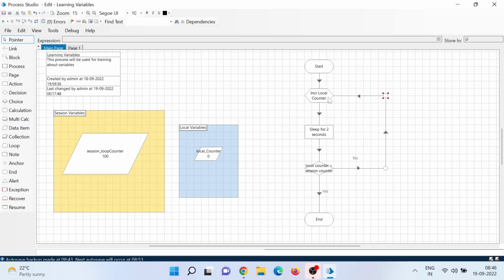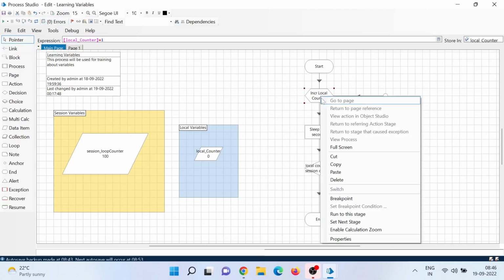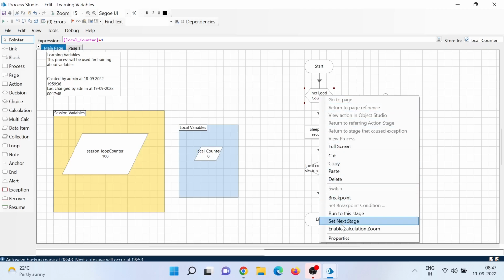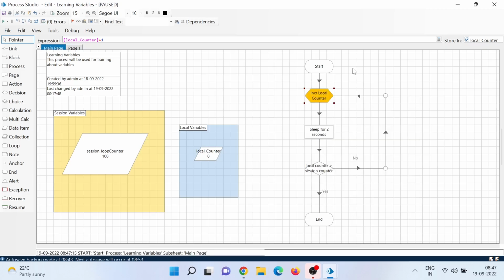Let me show you one more thing. If you want to debug from here, let's say I don't want to run directly, because if I run, it will start from the start. Let's assume I want to run from the increment local counter. What I do is right click on that stage and set next stage. So your control comes directly here and it will start from here. Now if I step over,